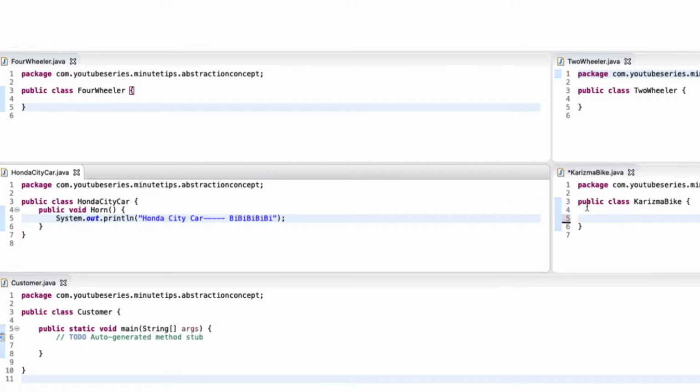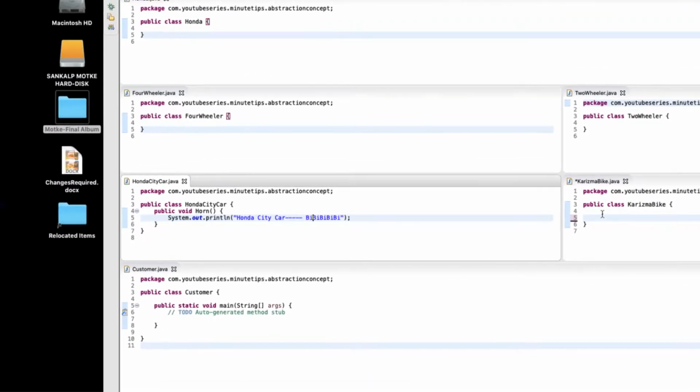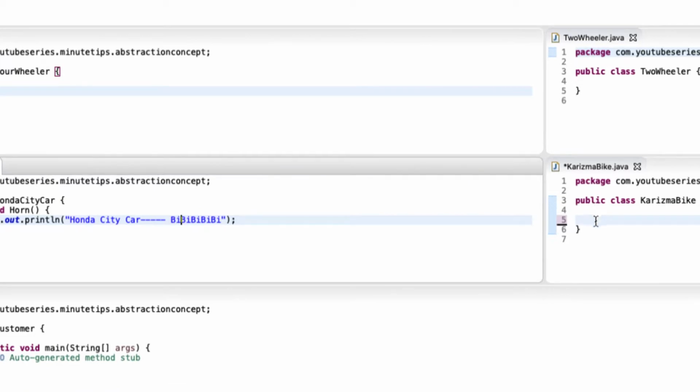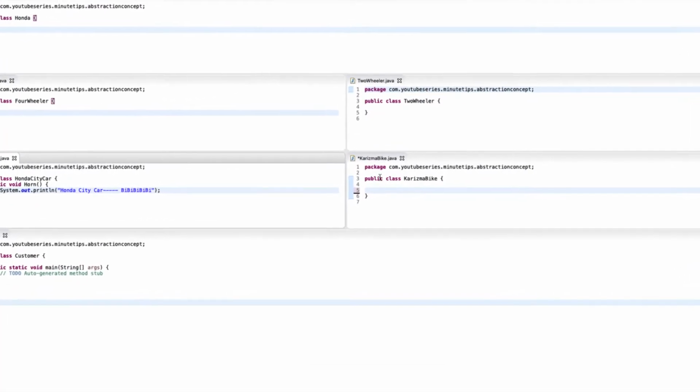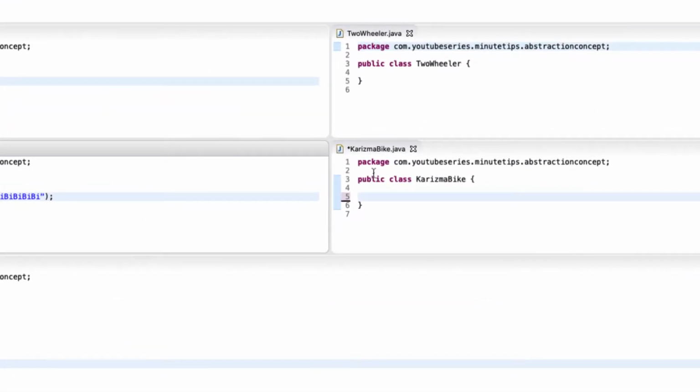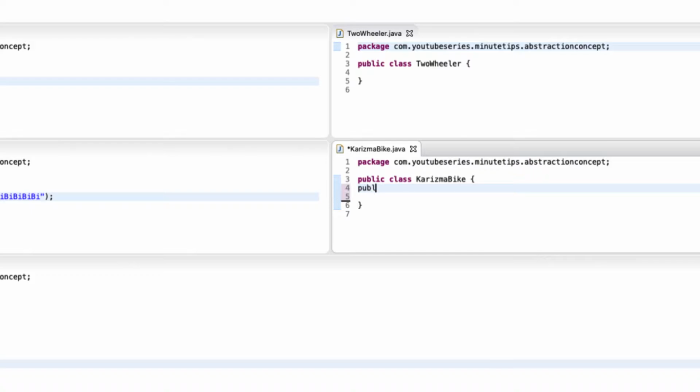Similarly, I have one more vehicle, that is my Karizma bike. Here I will again have a horn for my bike, public void horn.